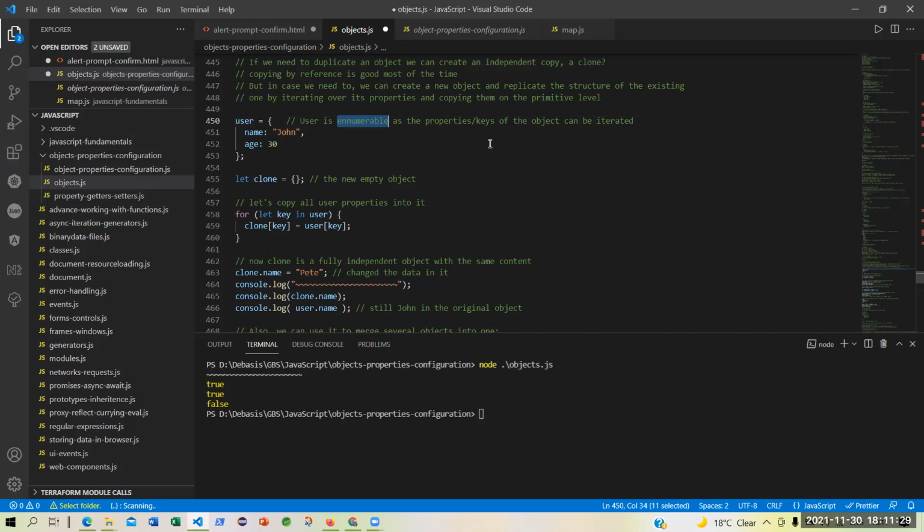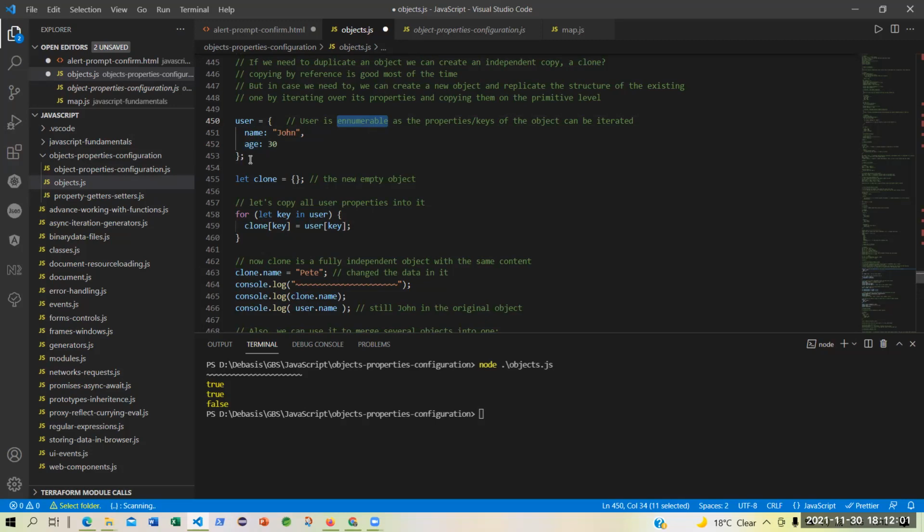These are the higher concepts, advanced concepts. Just think that you have created an object of more than one property. And you want to loop through the entire set of the properties, and you want to print one by one or get the values of each of the properties one by one. Because the object user has an enumerable feature enabled, that means it is on.